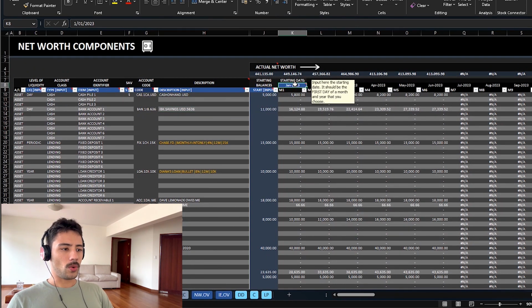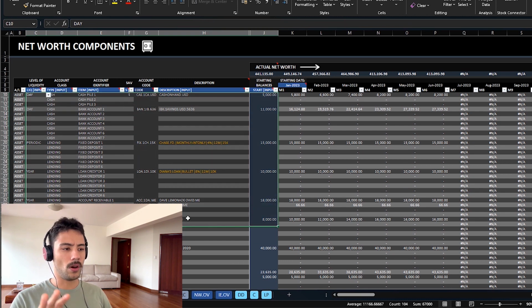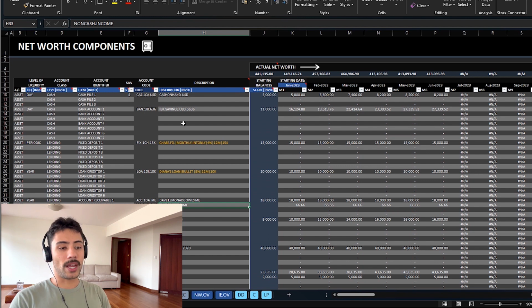Now, we're going to go first to the net worth component sheet, where you're going to input in cell K8 your starting date. This is a must for everyone. You always have to input a starting date for your model. And basically, if you don't care about controlling your net worth, you can jump directly to the TRX sheet and skip the tutorial on this sheet. But if you do care about your net worth, in this sheet you will be telling the model what assets and liabilities you had at the moment of the starting date,